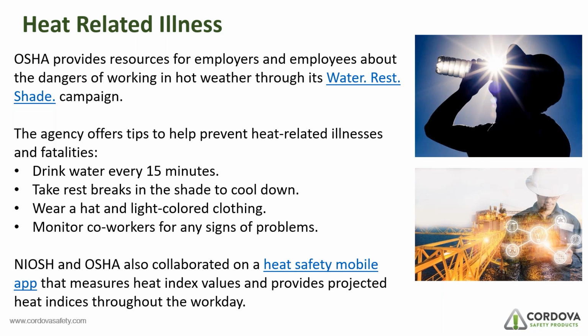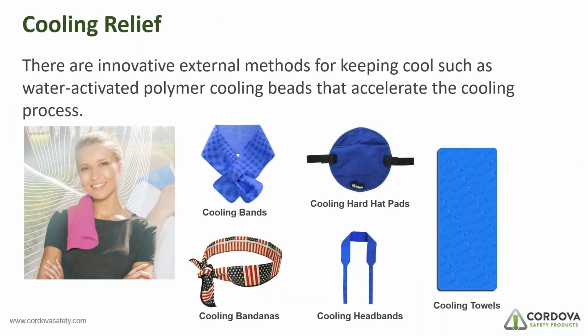So awesome tool. One of the things I love with these webinars is we give out good information, but if I can also provide you with some resources, again, that's also fantastic. Cooling relief, I am a huge fan of these. It seems like everywhere I've ever worked as a safety manager, I've always dealt with heat. It's just been part of the environments I've been in. And we discovered these cooling rags. I was first exposed to them back when dealing with manufacturing, and I've used them with workers outside and inside,